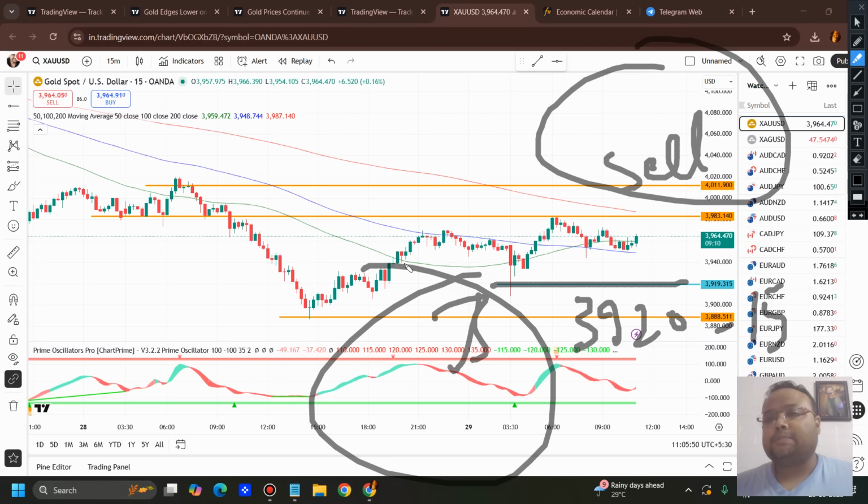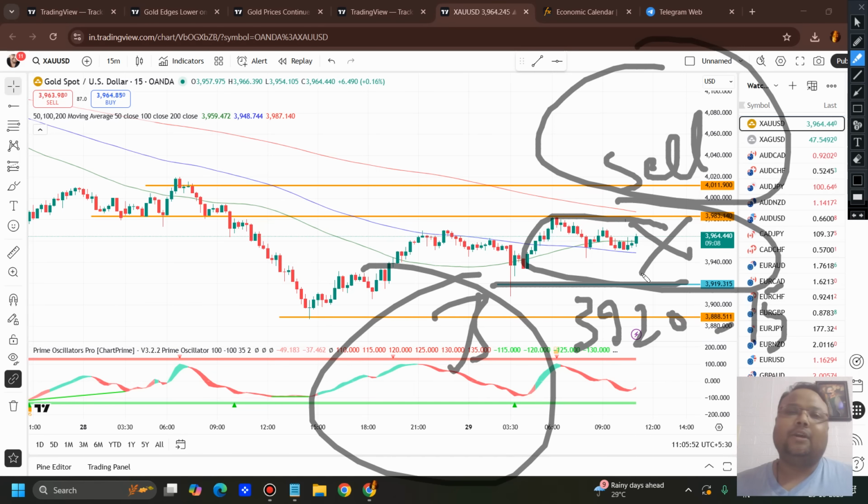Right now, at the present location, I will not suggest any opportunity here. If you want to take any trade from your own strategy, it's your call. But I personally feel that yesterday the market gave us some good profit, so today it's best to let the market settle. If the market is asking us to wait for direction, then we should. After the Fed news, if the market takes a direction, then obviously you can follow the trend. But as of now, the market is resting, so let the market rest. When the market comes to our level, only then try to enter.